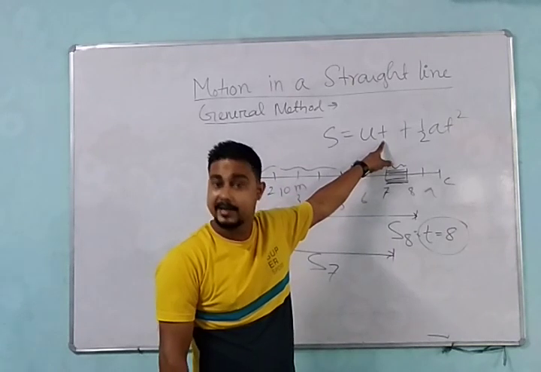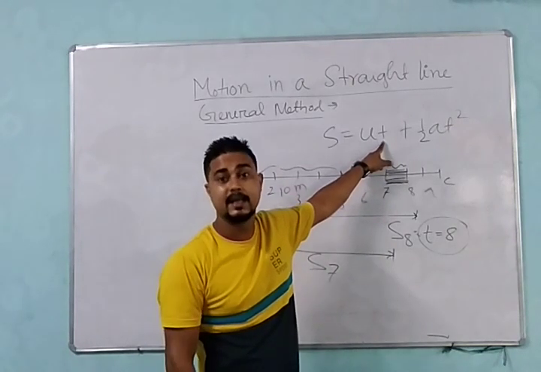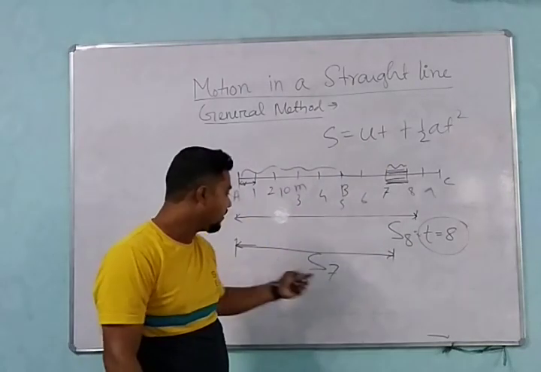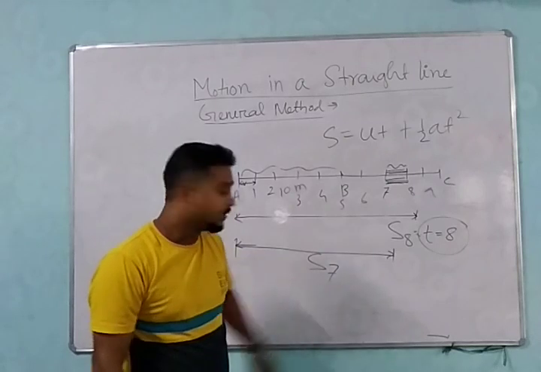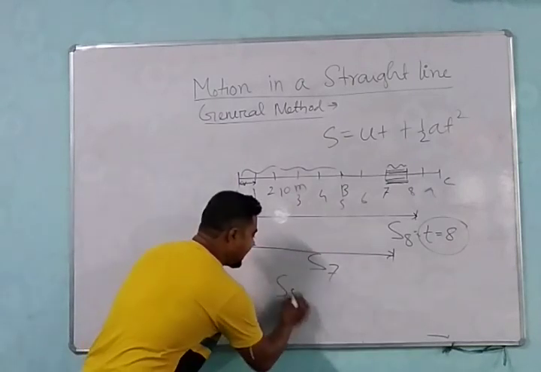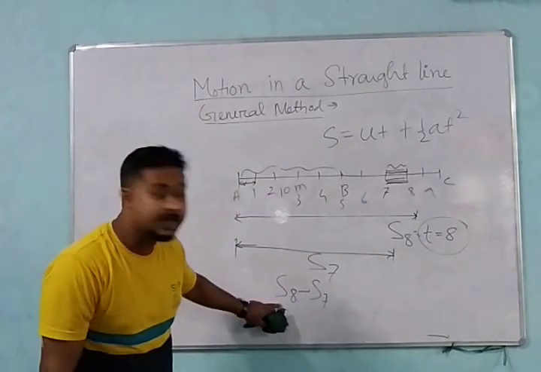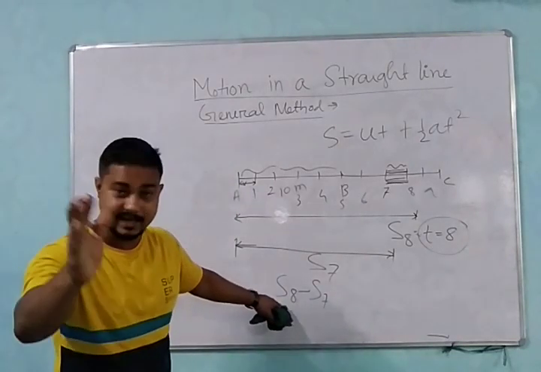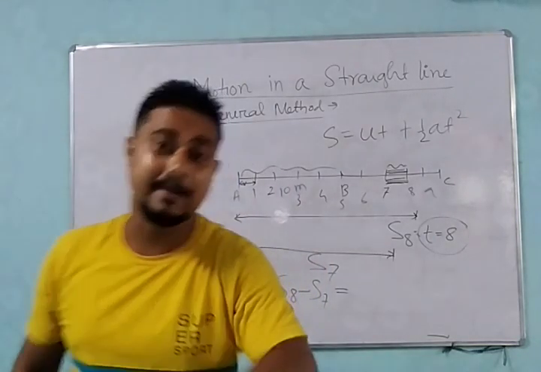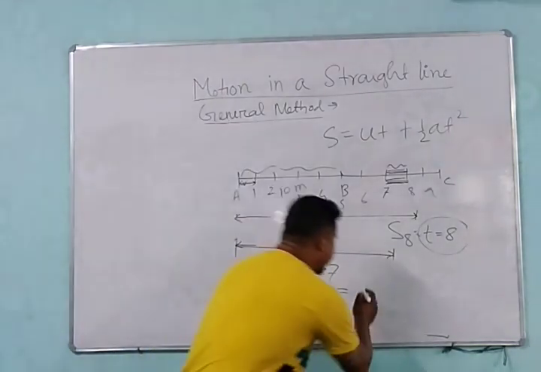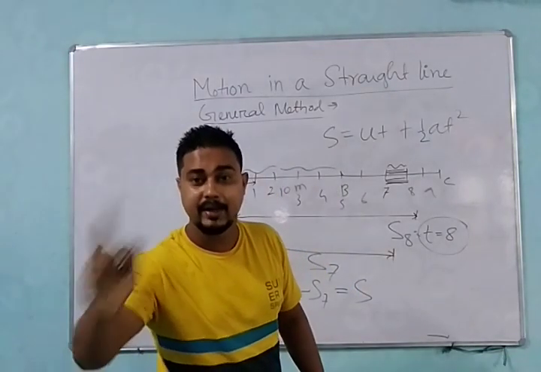t is equal to 7 seconds here, then I will get the distance traveled by the body in 7 seconds. Then I can get the distance covered. So s8 minus s7: if I want the distance traveled by the body in 8 seconds minus the distance traveled by the body in 7 seconds, then we will get the distance traveled by the body in